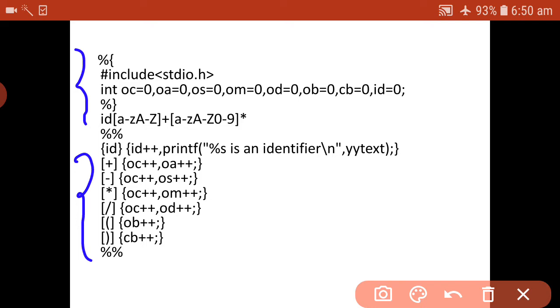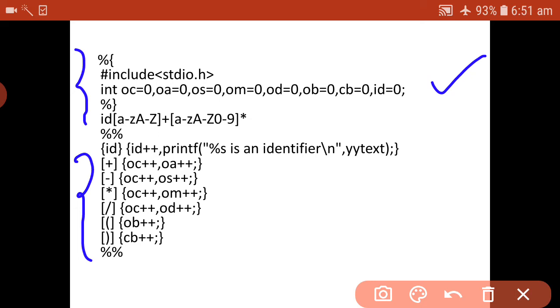Here, first in the definition section I'm using header files, already familiar from C programming: #include <stdio.h>. Later I'm initializing the variables to 0 by default. The variables are oc, oa, os, om, od, op, cb and id.